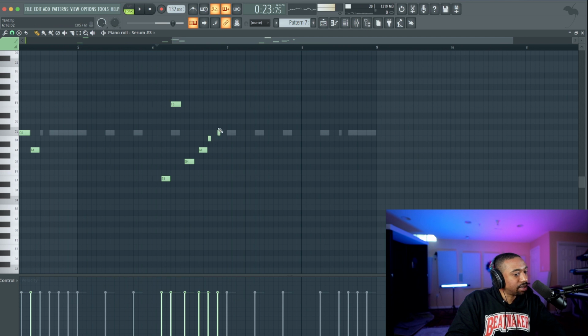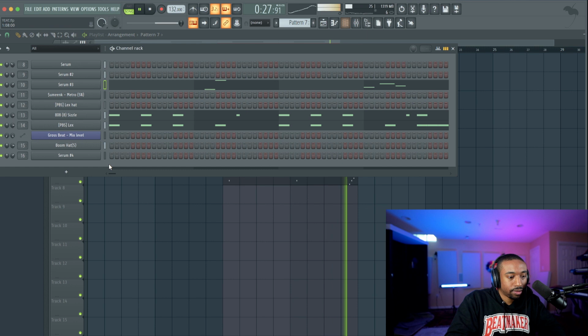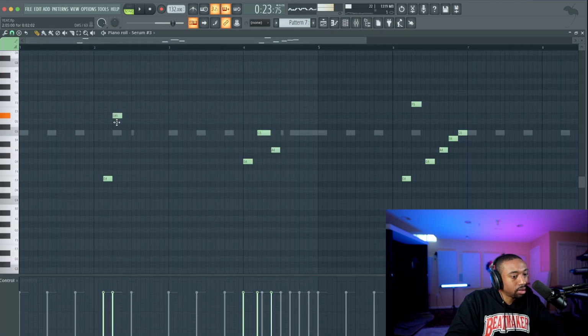And again, that BC is the key to the sound, a half step. Hit Control L to make the notes elongate. That one should be.